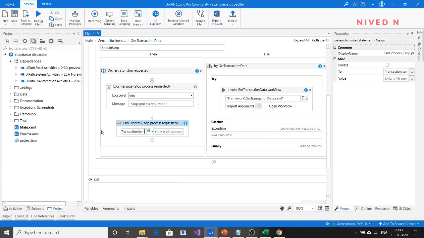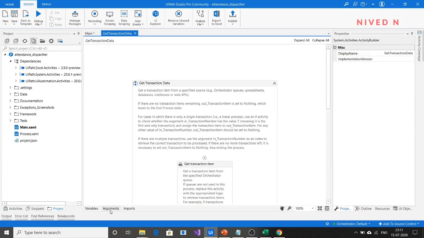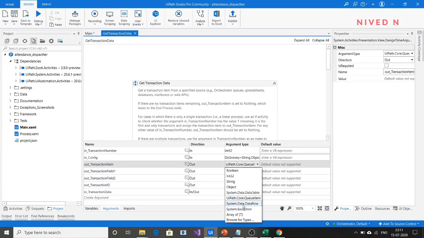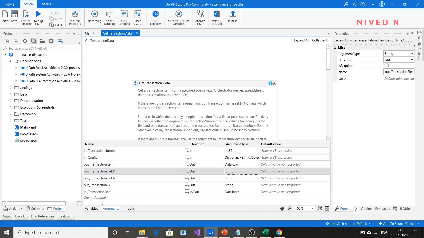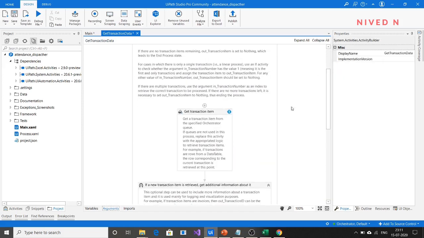Transaction item as nothing. Now here also open the workflow and change the variable type of transaction item from queue item to data row. Now another validation error appears here.